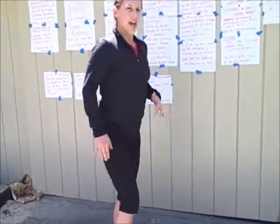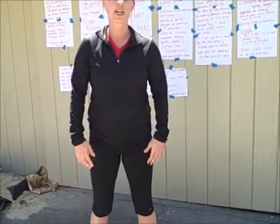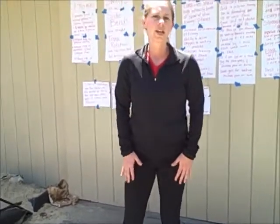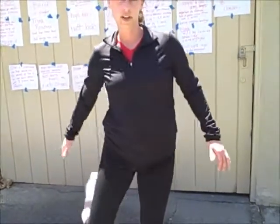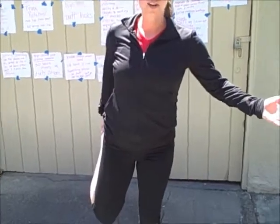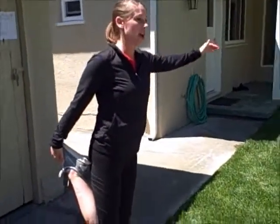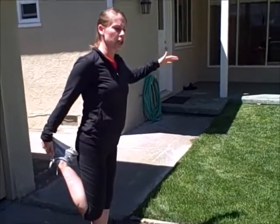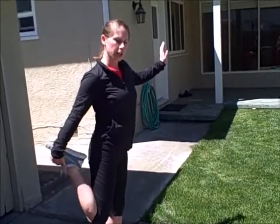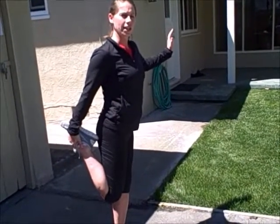Okay, one of our last stretches that we're gonna do, now that we've done the hamstring a couple times, we're gonna get a nice stretch throughout the quad. You can, if you feel comfortable balancing on one leg, you can stand, or you can have your hand on a friend's shoulder or use a wall if you need to, but you're gonna grab right here at the ankle and pull your heel towards your butt and get a nice stretch here